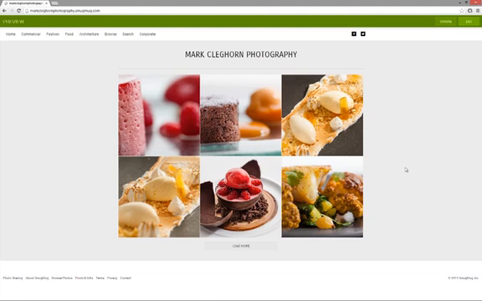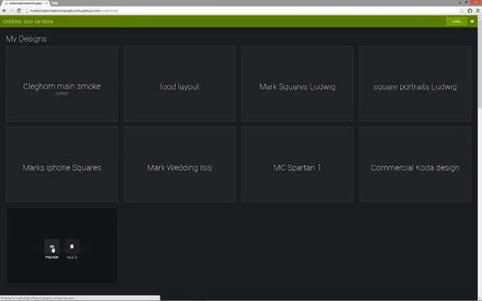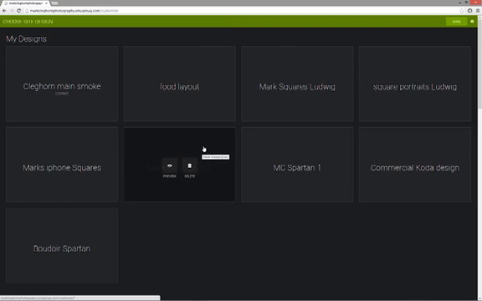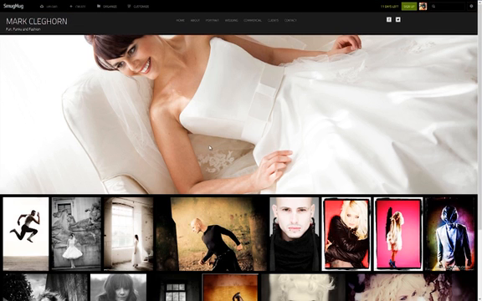This was another simple foodie photographer, commercial kind of styling of layout. And then last but by no means least is the boudoir one, where it's just a simple, sexy looking image right from the start. One big image doing the whole thing. So now that we've looked at that design, let's go back to our development site and look at